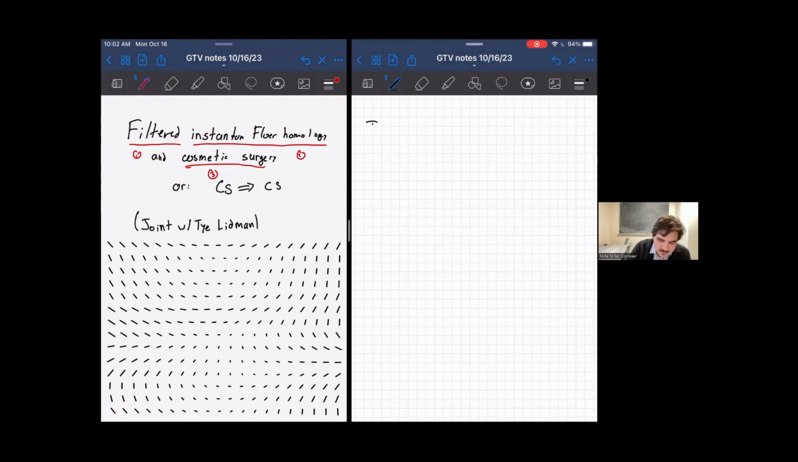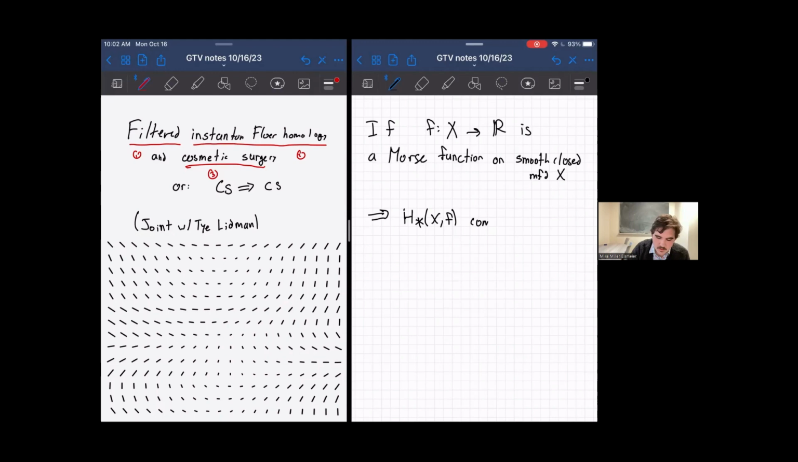So the starting point is this old observation, which is that if I start with a Morse function on some smooth closed manifold X, then I think we all know that we can go from here to a Morse homology, which computes the singular homology of X using critical points and flow lines. But